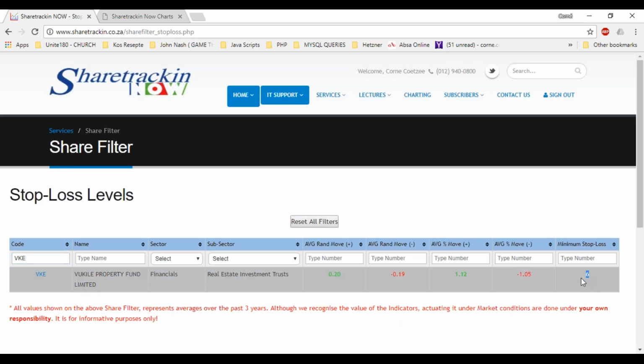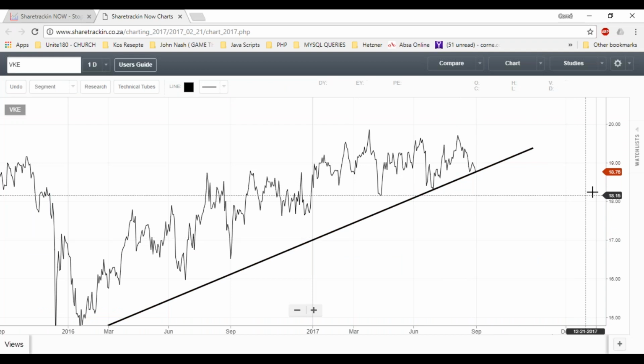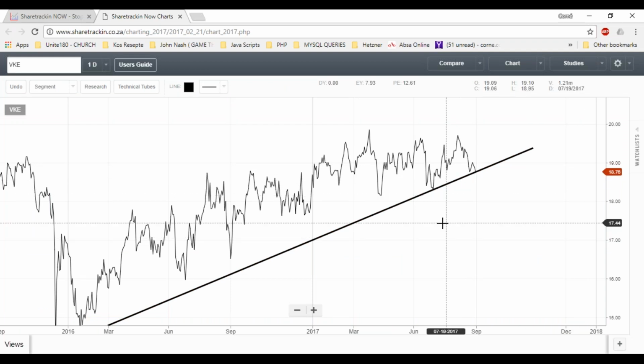So the minimum stop which is required is about 6%. So let's say we're going to use 10% again, or if you're feeling a little bit conservative and you're feeling afraid, you're going to use a 6% stop, which is the minimum. So if you bought the share at 1876, because that's what it's trading at this point in time, you can